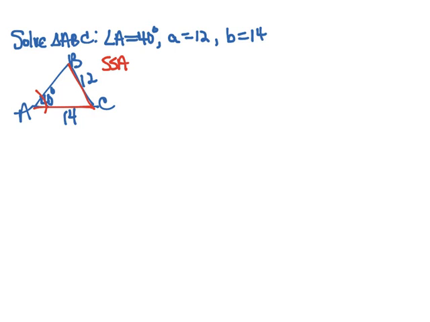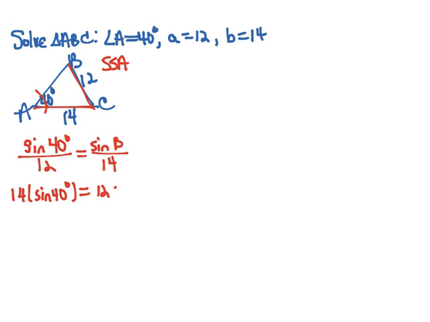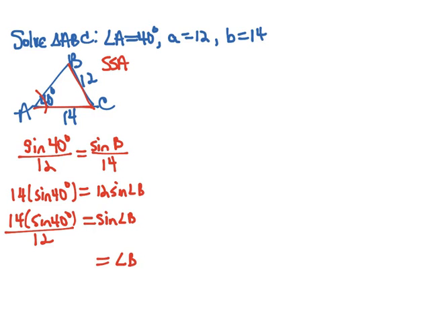So to get started, we're going to say the sine of 40 degrees over 12 equals the sine of angle B over 14. So 14 times the sine of 40 degrees will equal 12 times the sine of angle B. And so the sine of angle B is going to equal 14 times the sine of 40 degrees divided by 12. So angle B is going to be the inverse sine of 14 times the sine of 40 divided by 12. So the inverse sine of 14 times the sine of 40 divided by 12 gives us that angle B is